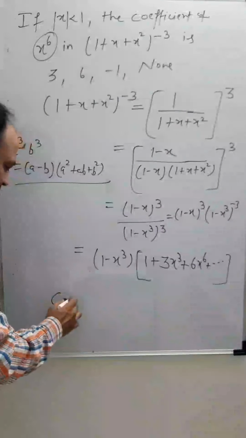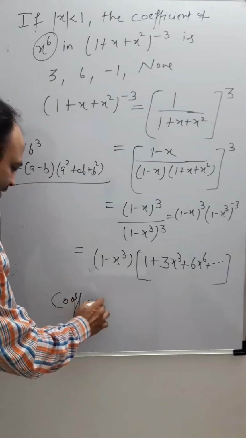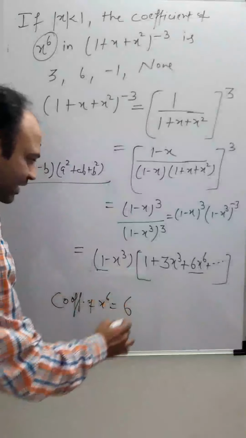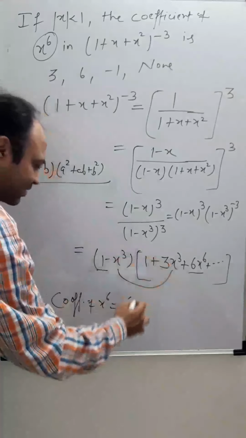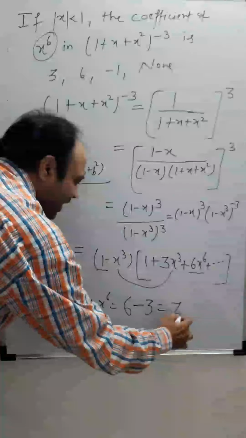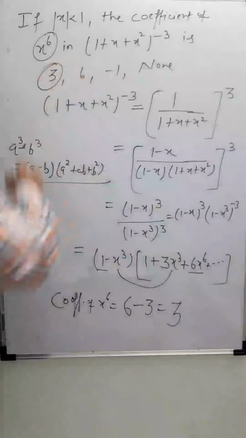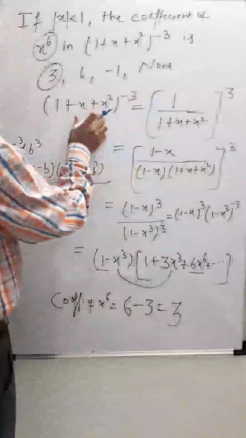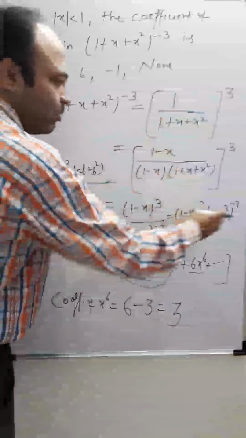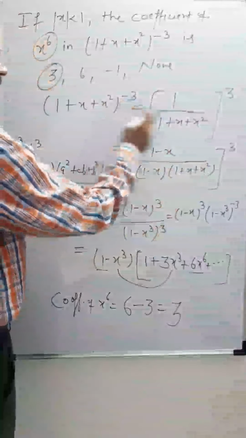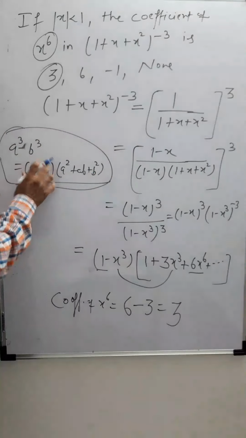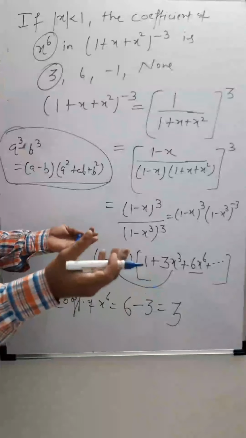Fine, 1 minus. Now see the coefficient of x to the power 6 will be 6 from this, and here it is x6, and this is minus 3. So this came to 3. So 3 is the correct answer. So look at this. Sometimes we have to make a term into two binomials, where the power was minus 3, we made it plus 3. Then we use this identity so that some term becomes a binomial.